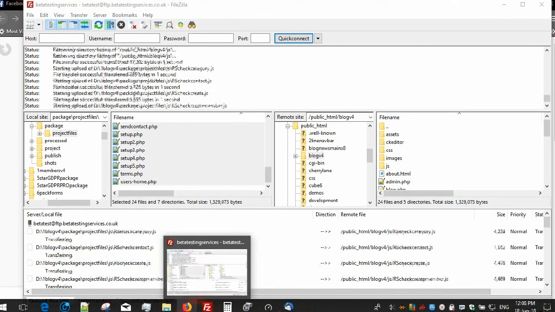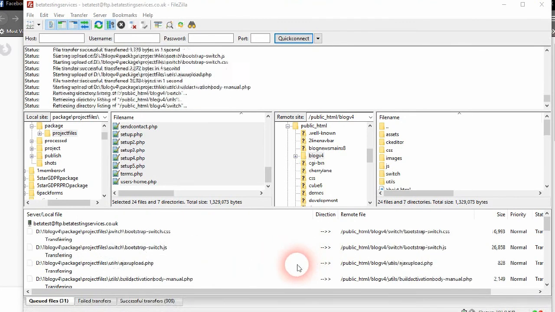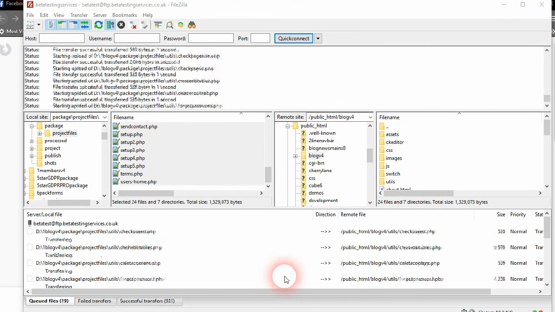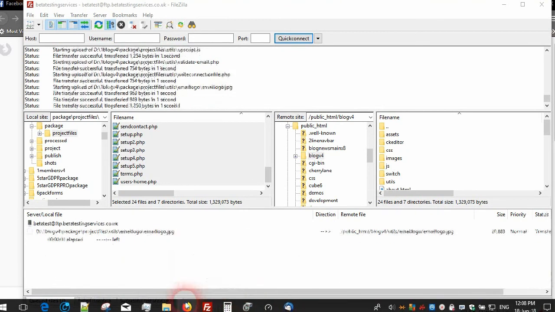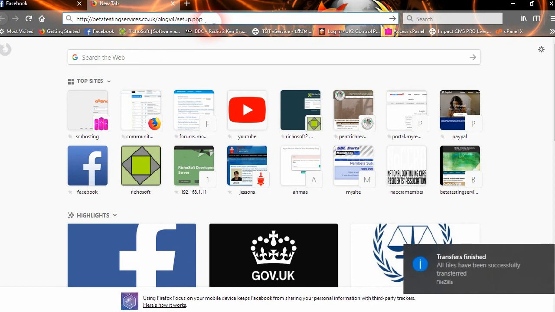And we can now, once that's got there, okay, so now we go to where we uploaded our files to, and we browse to that folder and add